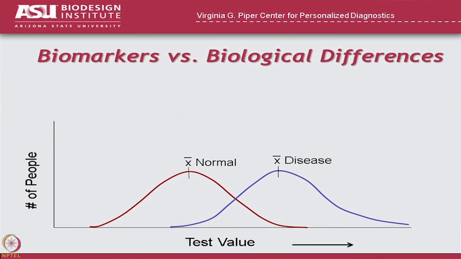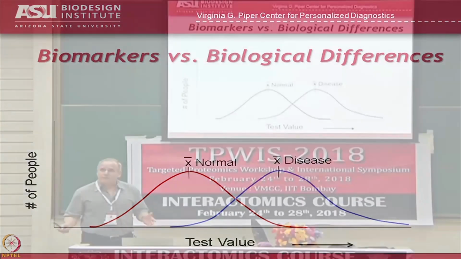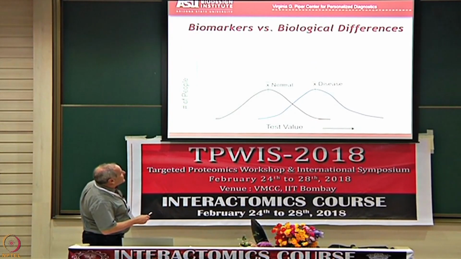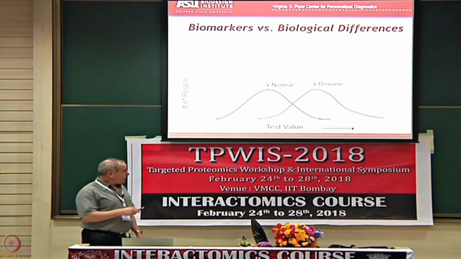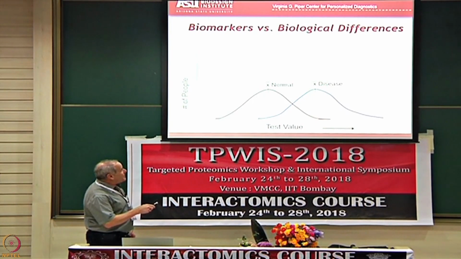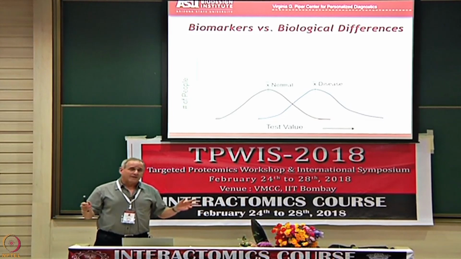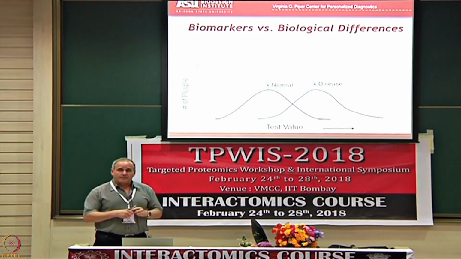So imagine that you're measuring some value of some molecule. Let's say it's a protein that you discovered when you did your mass spectrometry, or an antibody marker that you discovered on a protein array. And you see that in the case of the disease, it's much higher than in the case of the normal. And you say, wow, look at that difference. The mean value over here is much better than the mean value over here, and therefore I've got a biomarker. Okay, so does anybody see any problem with that?